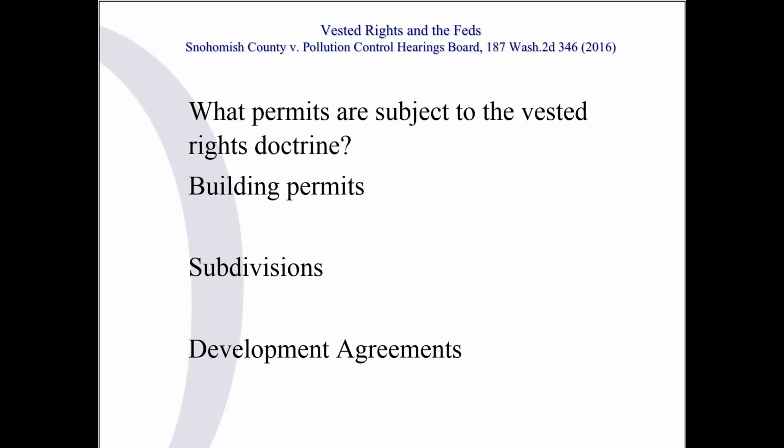where the vested rights doctrine will only apply to permits designated as subject to the vested rights doctrine under state statute. And there are three types of permits, technically two in development agreements, but first is the building permit applications, second are subdivision applications, and third are those development agreements. All the other types of permits we're talking about, conditional use permits, variance applications, shoreline, are not subject to the